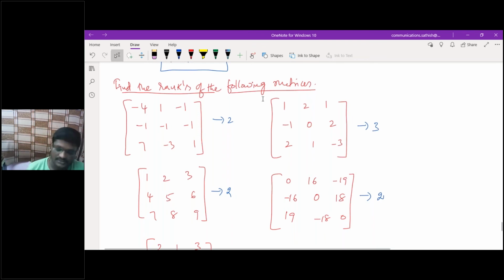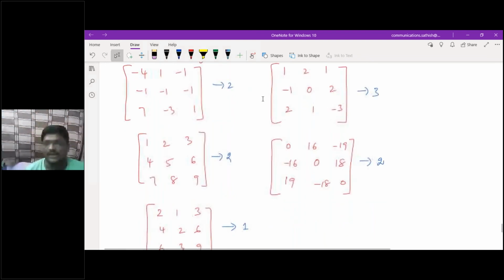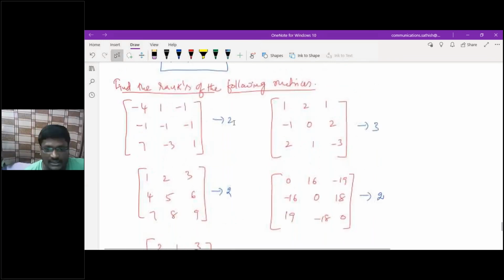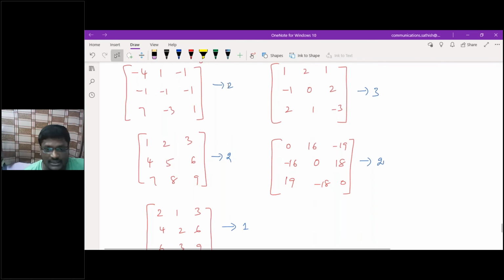I'll give the clarity. You solve these 4 to 5 problems I had given. Go through the homework, and in blue pen, whatever I have written are the answers. That is, the rank for this matrix is 2, rank for this matrix is 3. Like that I have written. Okay. If you have any doubts, you can ask me, I'll give you the clarity. Otherwise, I'll leave the session.